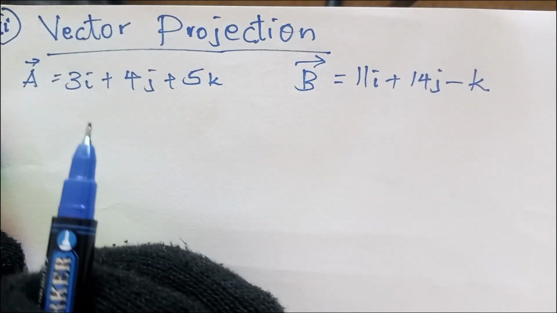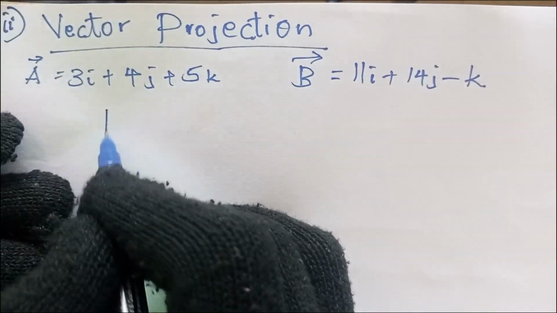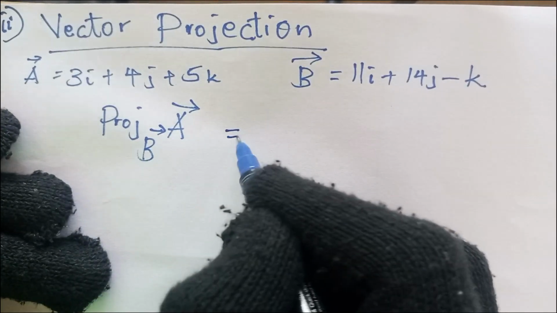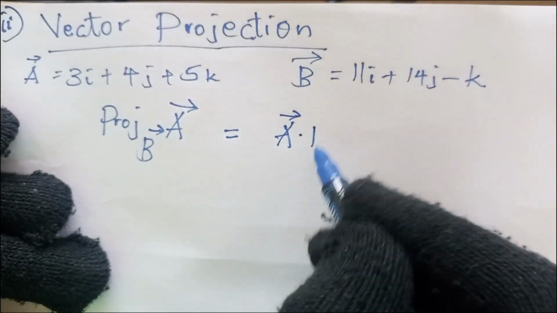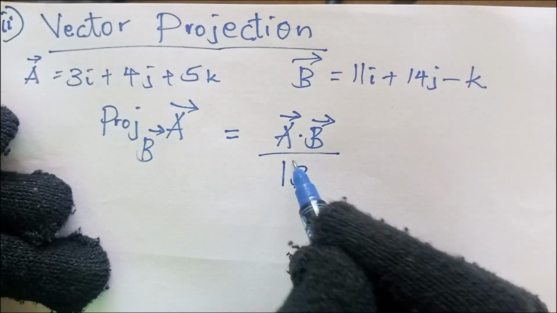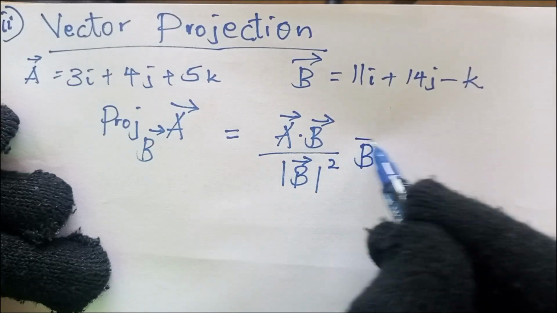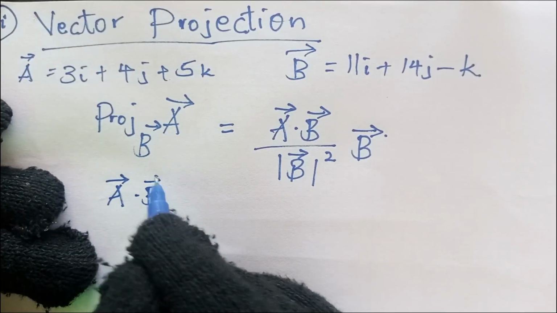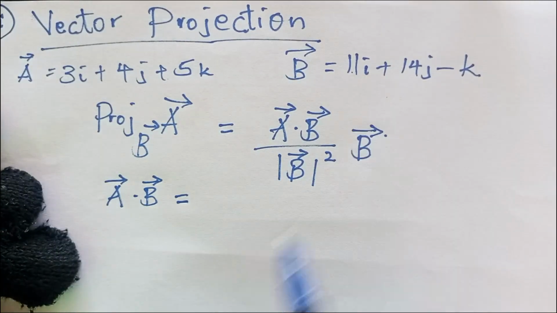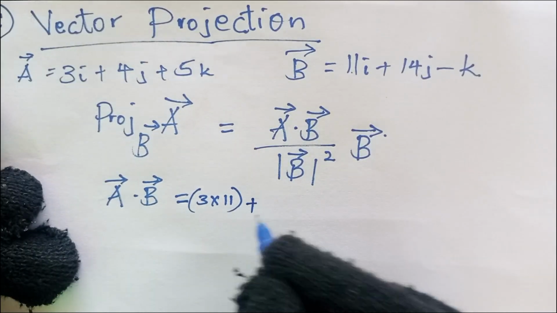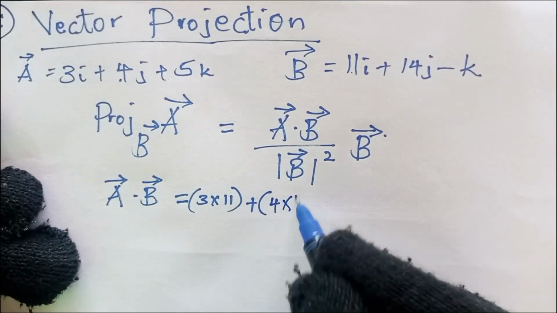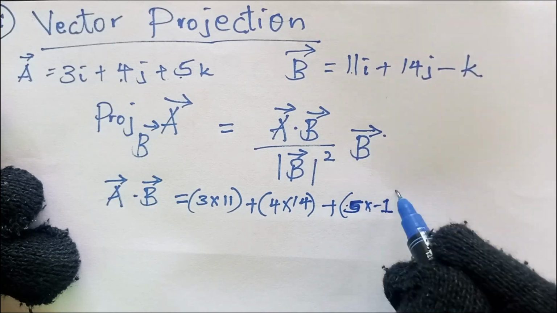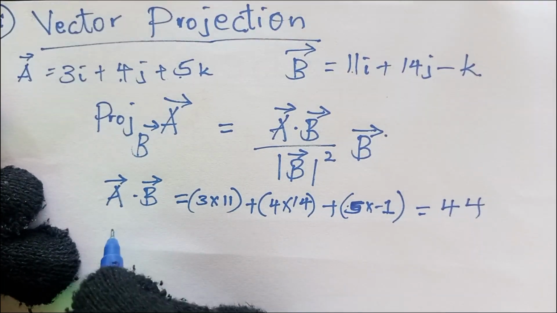The vector projection of A onto vector B, which is written as the projection of vector A onto vector B, is given by A dot B over the magnitude of B squared, multiplied by the vector B. So for our case, A dot B will be 3 times 11 plus 4 times 14 plus 5 times negative 1, which will give us 44, and the magnitude of B